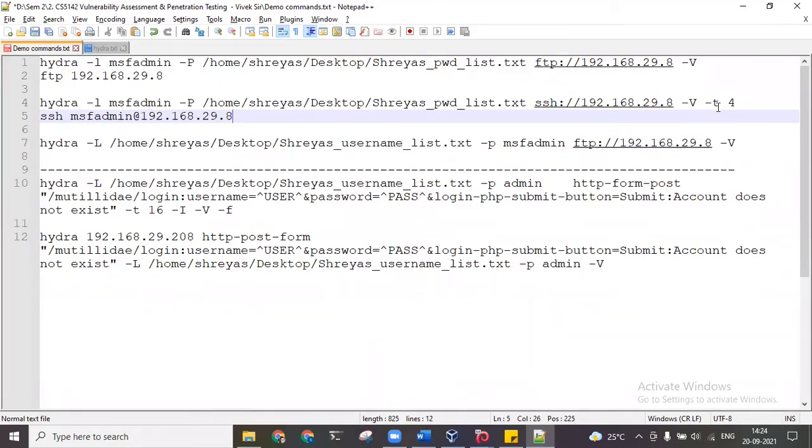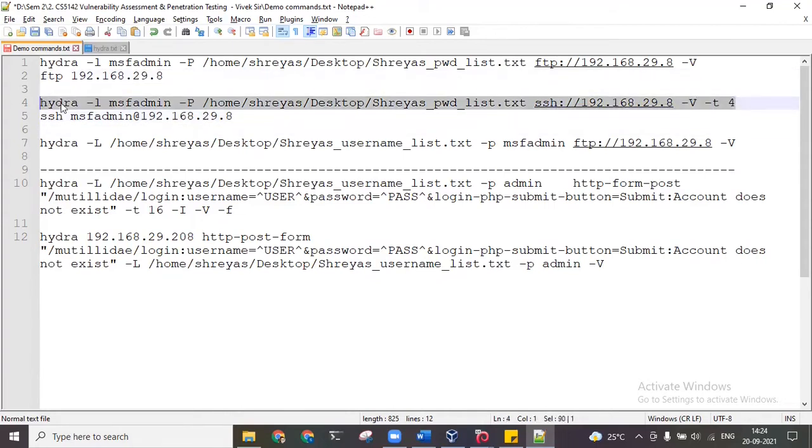But in some cases this might not work. For SSH, it might fail if we give the default value of 16; the maximum value is 64. In those cases, we have to reduce the number of connections made simultaneously. We can do that using the parameter -t, and then specify how many connections we want simultaneously. I'll show this with a demo video now.